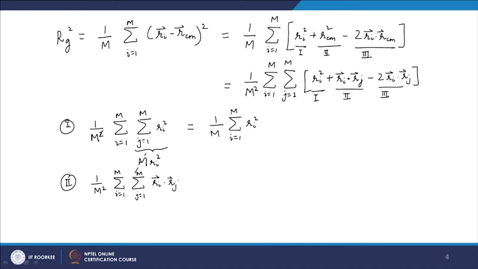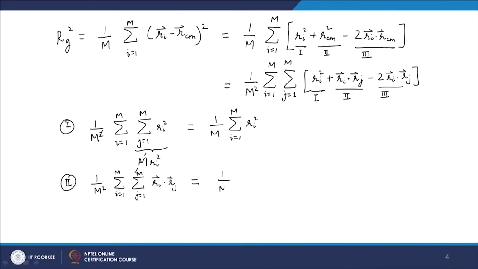Now, of course, Ri depends on i and Rj depends on j, but what we can write this as is 1 by m squared, because Ri does not depend on j, because Rj does not depend on i. So, this will be same as